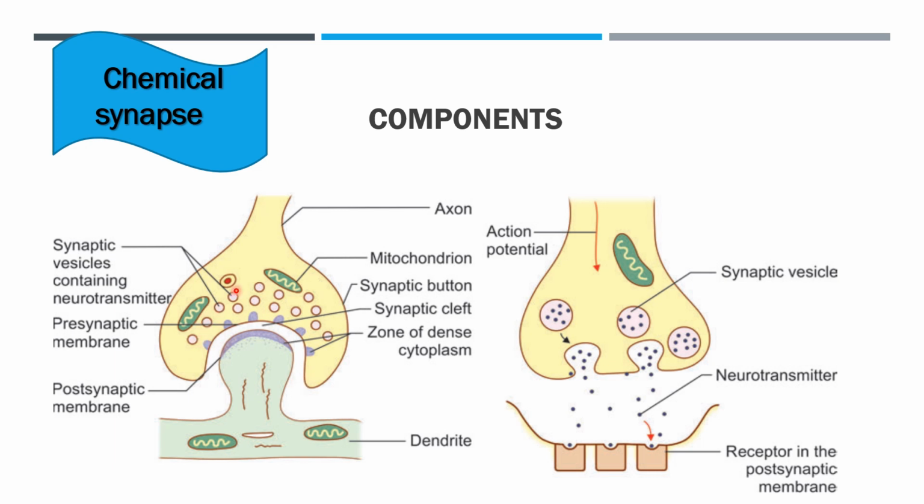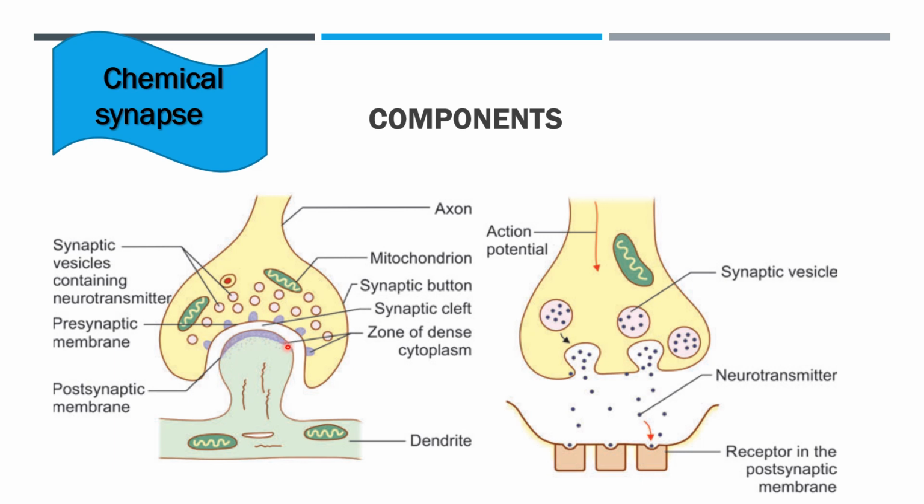The presynaptic membrane is actually the terminal bouton of the presynaptic neuron, and it has many vesicles filled with neurotransmitters. When the action potential reaches this terminal bouton, there is an influx of calcium from the extracellular space, and that causes exocytosis of the synaptic vesicles, and the neurotransmitter is released into the synaptic cleft. It is a small space of 20 to 30 nanometers, and the neurotransmitter diffuses through the synaptic cleft to reach the postsynaptic membrane.